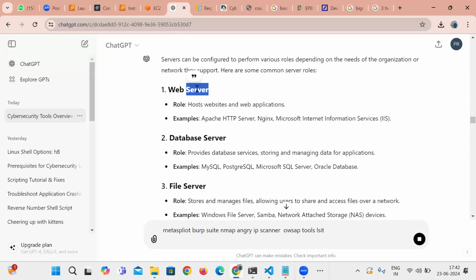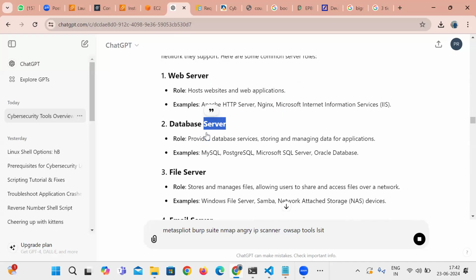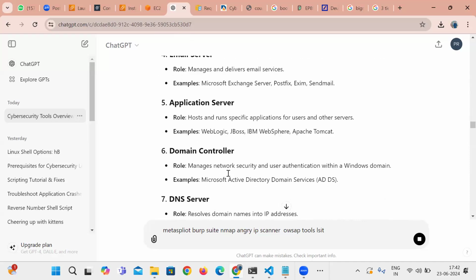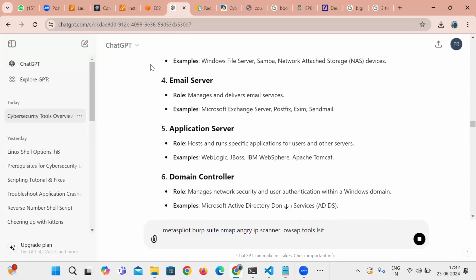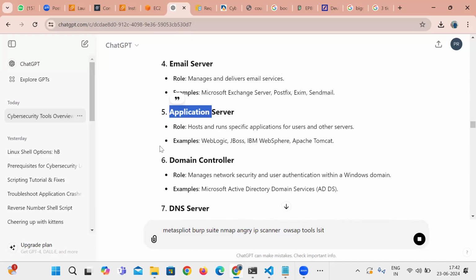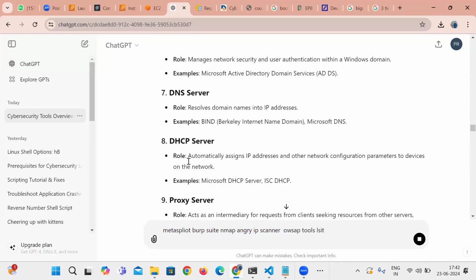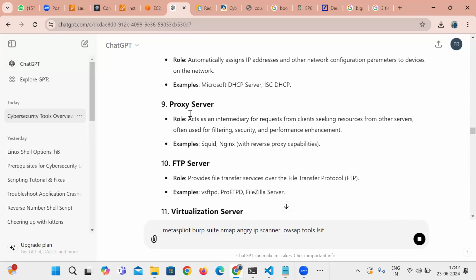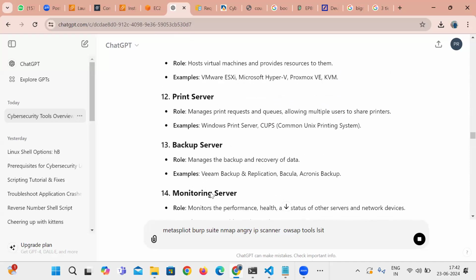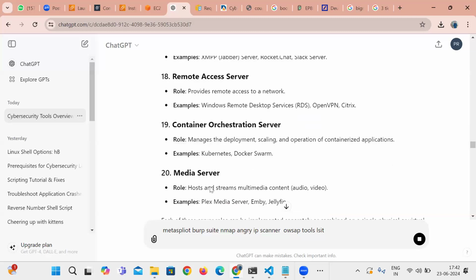One thing is the web server, and again database servers, file server, definitely file server is required. And if you're a system administrator, you should take care of the email server. Any kind of DevOps engineer or data analytics engineer should be aware of application servers. Five points are mandatory. DNS server, obviously it is required. Proxy, it is required, and load balancer, and again